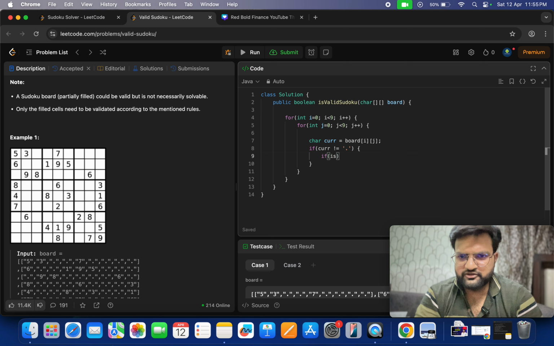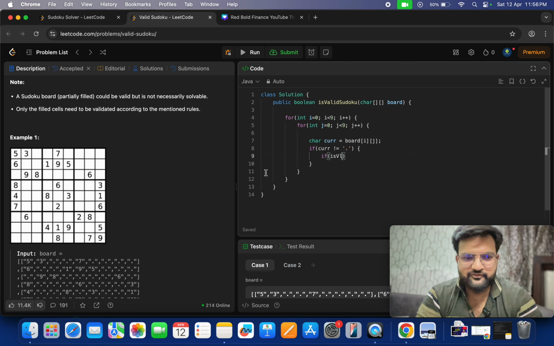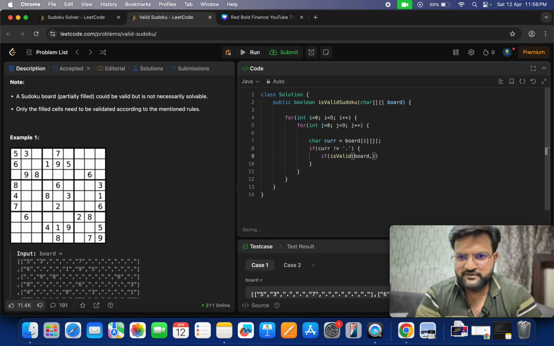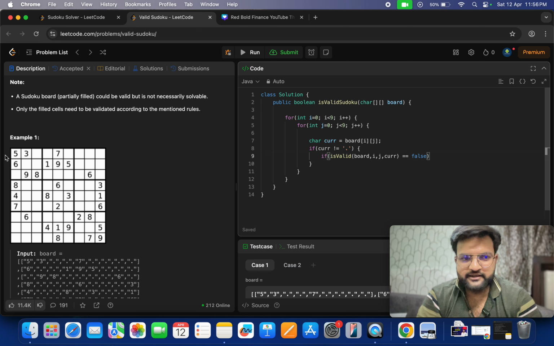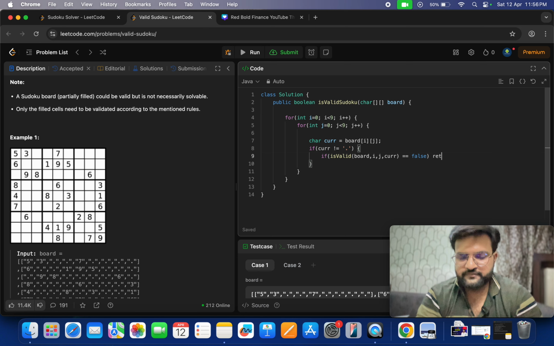We write a function for the validation part, because we have to check the whole row, the whole column and the subgrid for every element that is present. So we will make another function, isValid. In the valid function we are going to pass the board, the row and the column, and the current character that we have. And now if it is false, like it is not a valid number present in this matrix, we are going to return false,